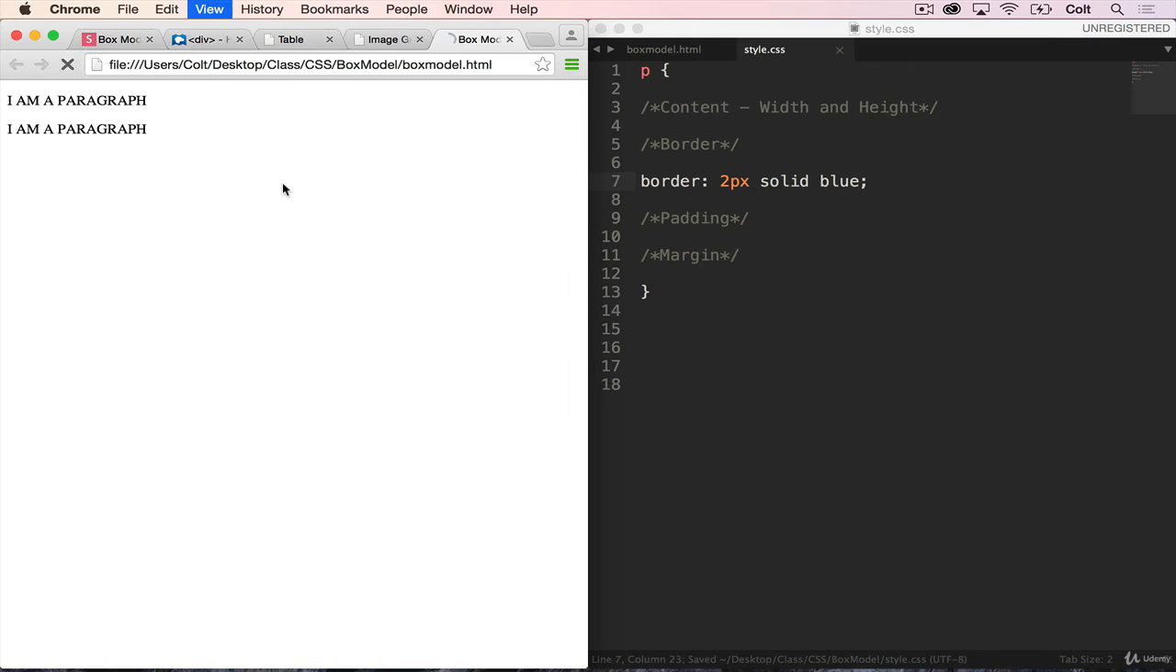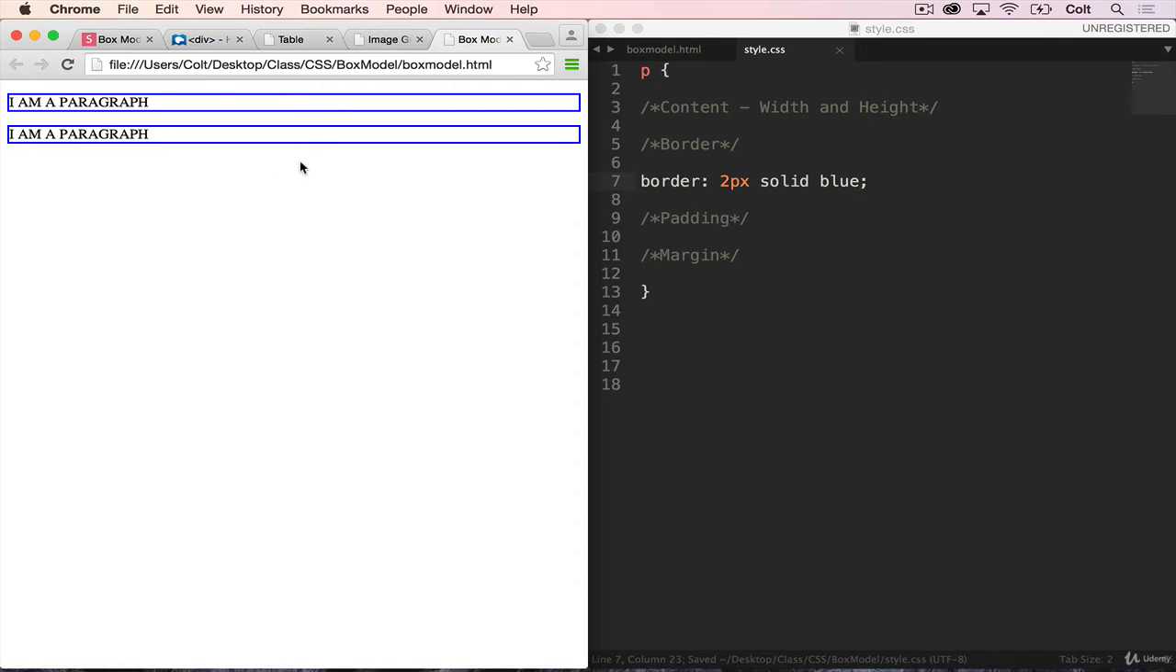Save that, refresh, and you can see that we get a border all the way around the content. And what you'll also notice is that the content here goes all the way across the screen. Our border doesn't stop right here. And that's because when we make a paragraph, by default, it goes all the way across the screen. So if I want to change the width of the paragraph itself, of the text,